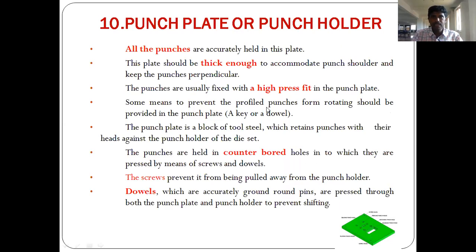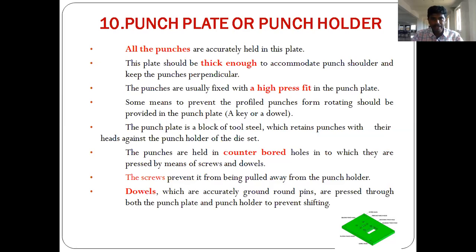Next, we are going to see the punch plate or punch holder. As the name indicates, it holds all the punches accurately in this plate. It should be thick enough to hold all the punch shoulders and keep the punches perpendicular.